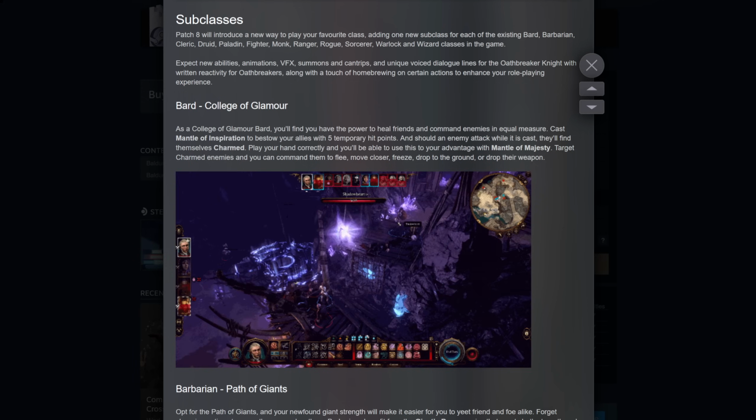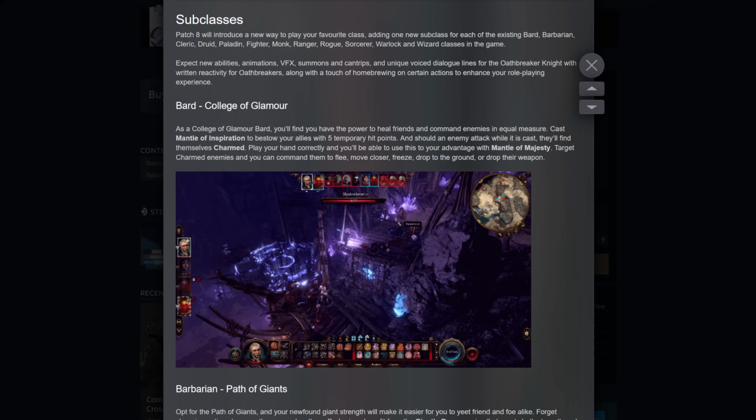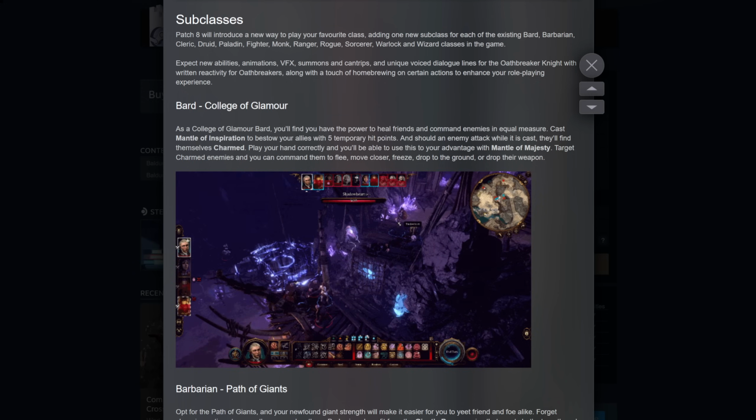The other ability that you get at level 3 is a sort of flavor or role-playing thing. You can charm enemies by doing a performance. If you spend 1 minute doing a performance, then enemies become charmed. So they're going to have to